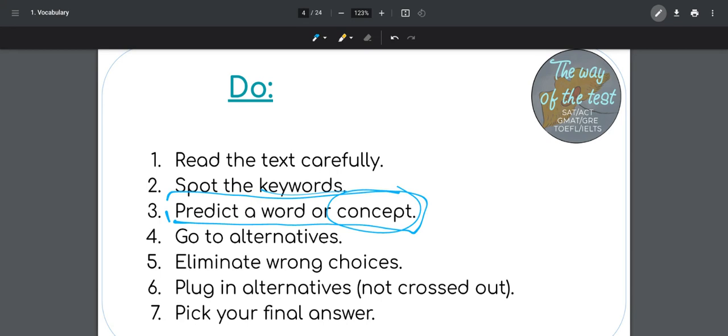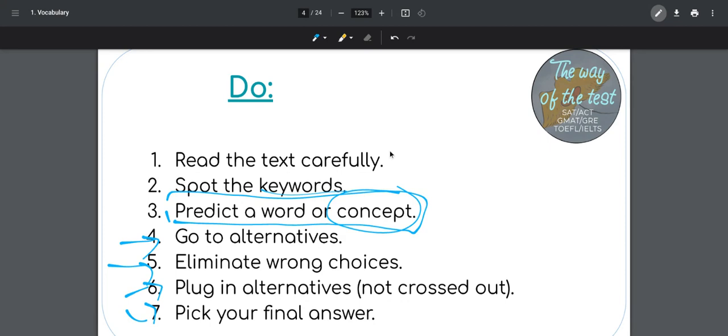And that is good. And that's why I want you to practice. I want you to start practicing creating those concepts, those definitions, or those general ideas of what we want. And then we land them on the alternatives. Then we go to the alternatives, then we eliminate the wrong choices. Here you kind of use process of elimination, but not really, because there's just one word, so the words are really right or wrong. And then another thing that you can do, and these steps are important because by this time you may already have the answer, you're going to plug in the alternatives. So let's say you eliminate two alternatives and you have two left, and what you're going to do is plug them in the blanks to see if they work or not,